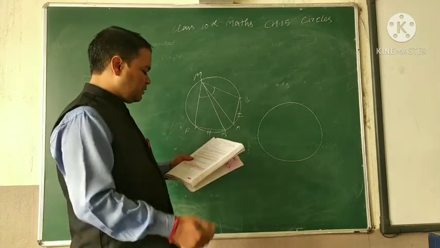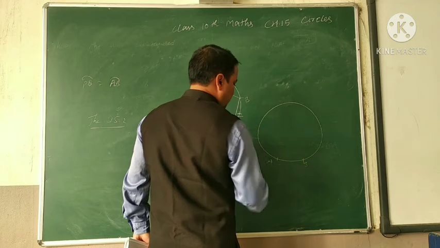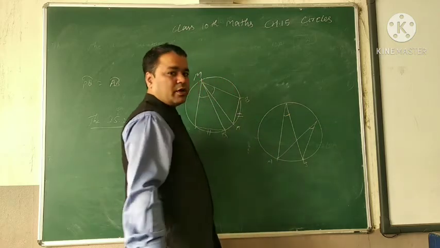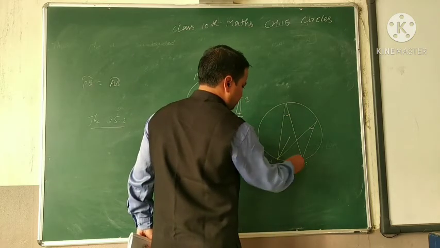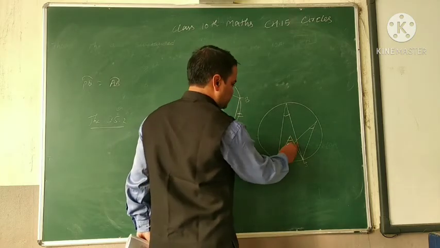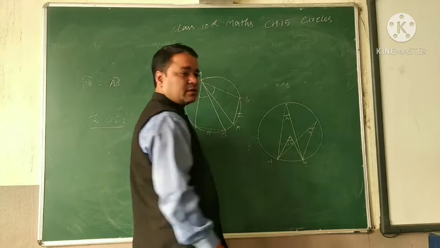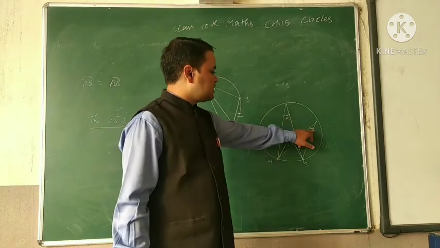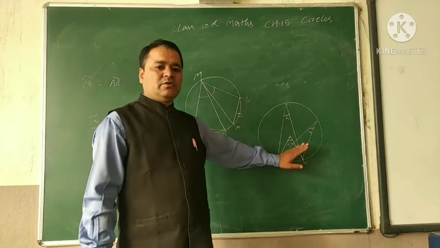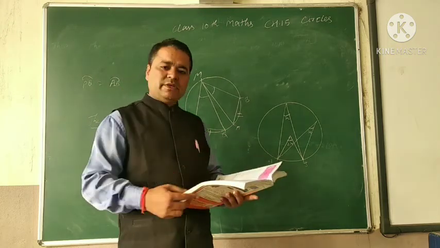Angles in the same segment of the circle are equal. If we have an arc AB, okay, and we have this type of angle here and this angle, okay, and here this is the center of the circle. You know that if this is 2x, then this will also be x, and if this is 2x, then this is also x. In that case, we can say that this angle and this angle are equal. It means angles in the same segment of the circle are equal. Getting?